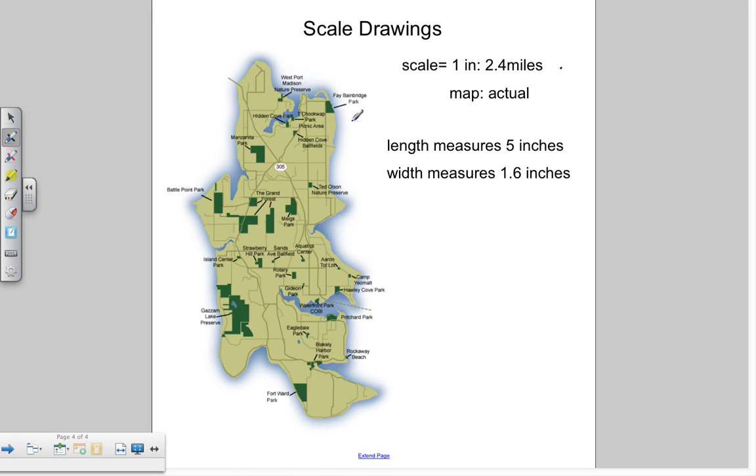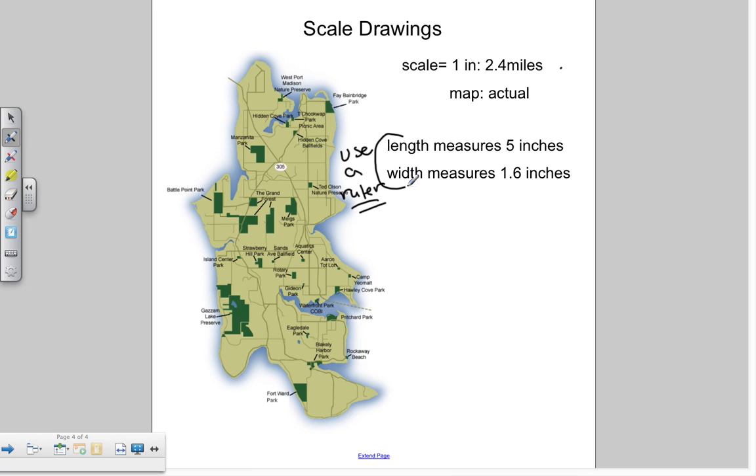So 1 inch, which might look something like that on the map, looks like that would be 2.4 miles in real life. Okay, so let's see if we can go ahead and do the math on this. I'm just telling you that I measured this length, okay? The length from the top of the island to the bottom of the island. And of course it's approximate. And I got 5 inches. But I had to use a ruler for that. And on Linus's lair, you're going to have to use a ruler. The width from here to here was 1.6 inches. So that's the actual measurement of the island